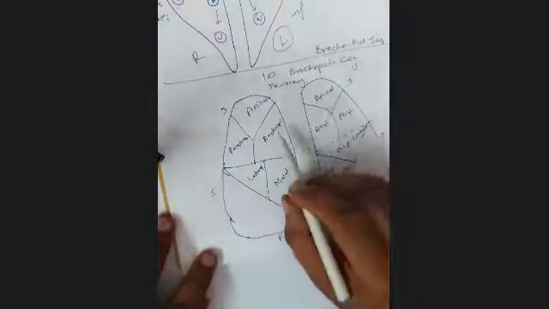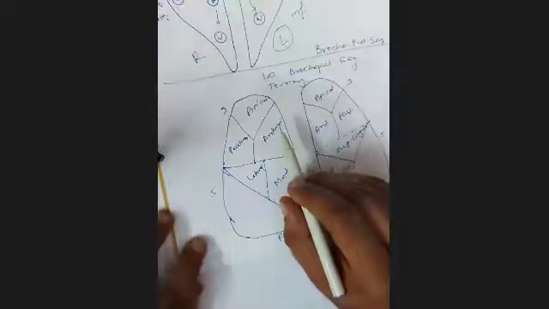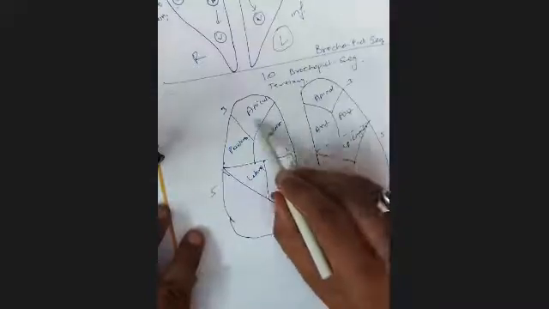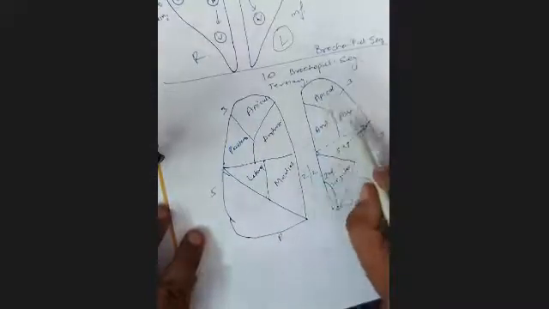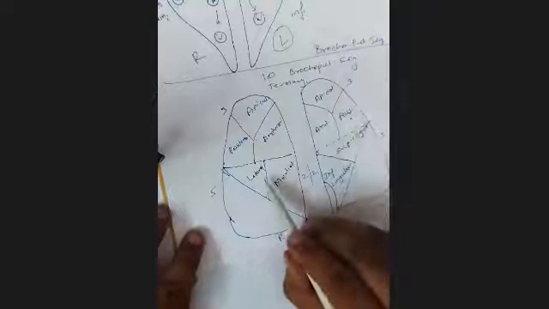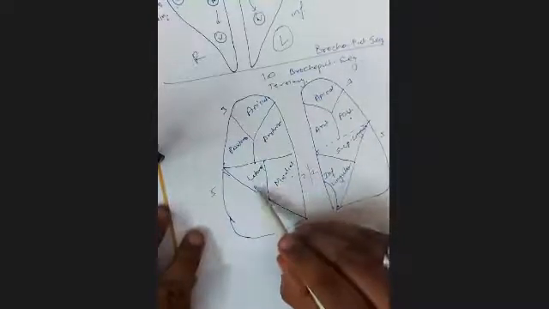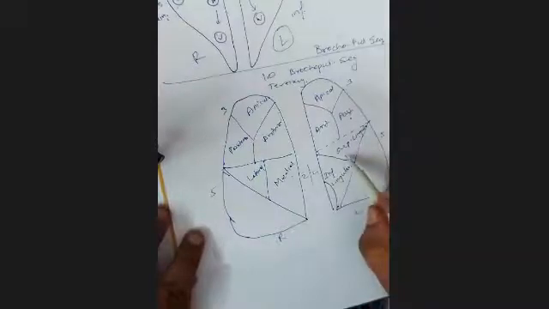So bronchopulmonary segments on the upper lobe are apical, anterior, posterior. Bronchopulmonary segment in the middle lobe for the right lung is medial and lateral. Bronchopulmonary segment for the middle lobe of the left lung is superior lingular and inferior lingular.